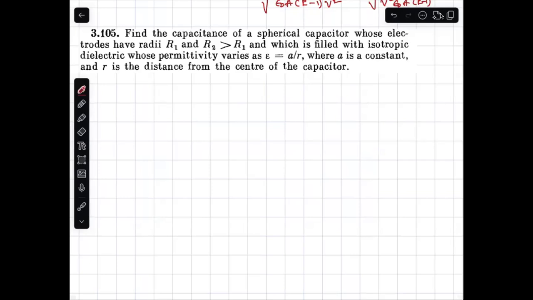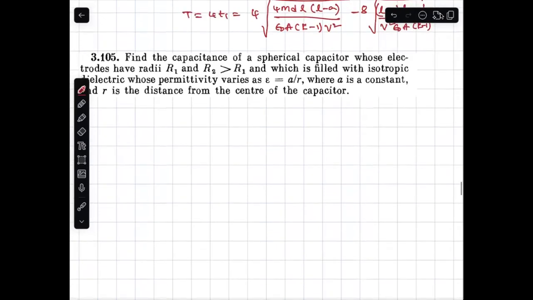Now you see, find the capacitance of a spherical capacitor whose electrodes have radii R1 and R2 greater than R1, which you can see is filled with an isotropic dielectric. Then all our rules come true, otherwise you cannot. Where A is a constant and r is the distance from the center of the capacitor. Now the question is,